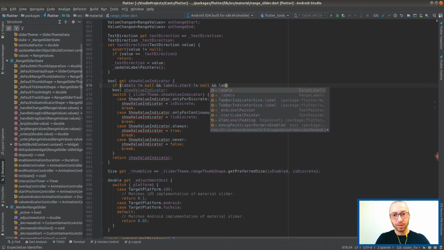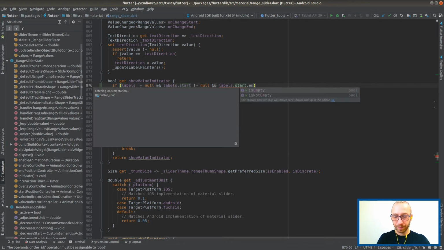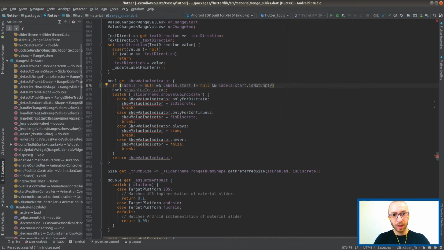and then also check that start is not empty, and we'll do the same for labels and not null, and labels and not. Right.